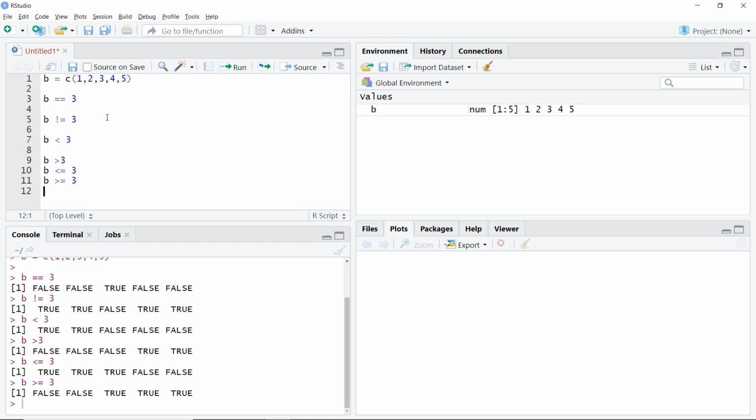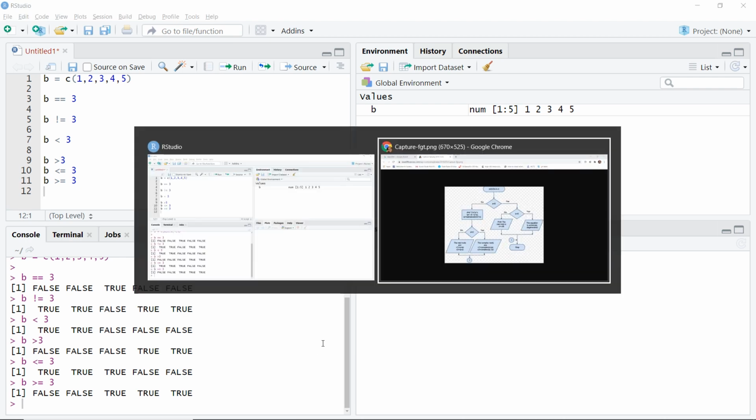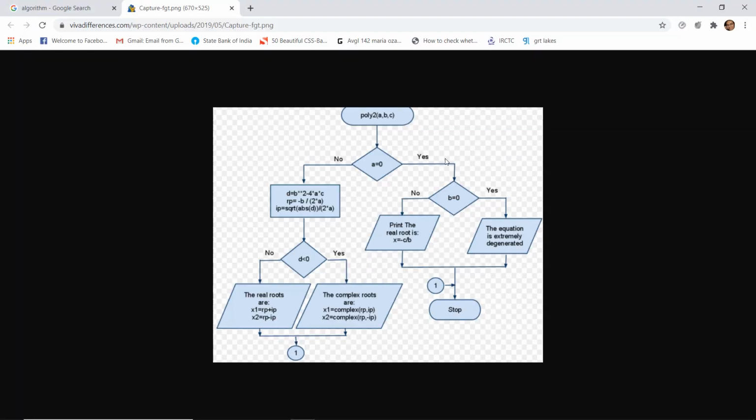Now we use this a lot and we make something called an if-else statement. Now whenever we talk about any algorithm in a programming language, you will find these kinds of examples where we check whether a particular statement is true or false. So here we are saying if a is equal to 0, then do this, or if it is not, then do this.